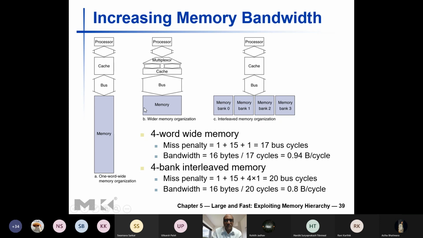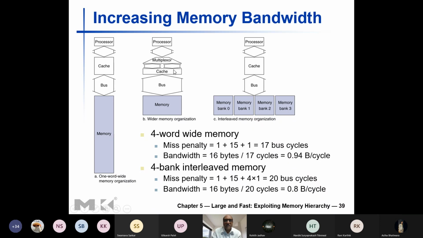That means if a block equals 4 words, suppose you organize the memory with a width of 4 words, that means a row, where one entry in a memory contains 4 words in succession. And similarly, if the cache is also organized in the same way, and you make the bus width equivalent to the width of a block, the size of the block,